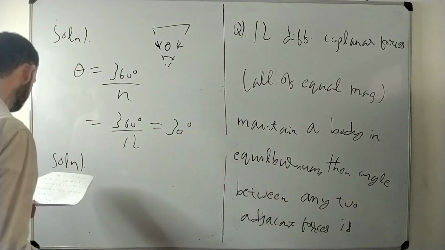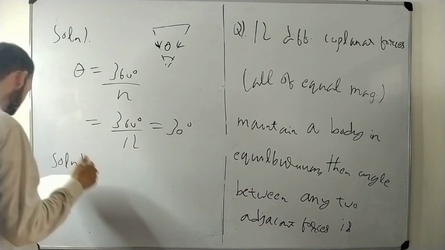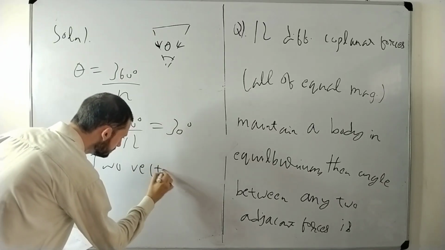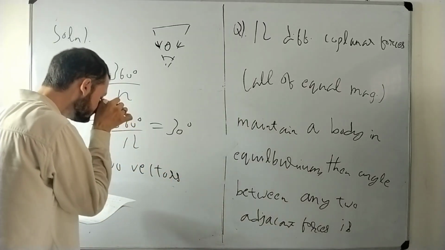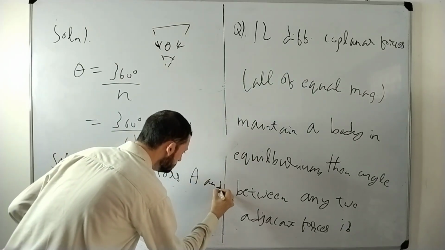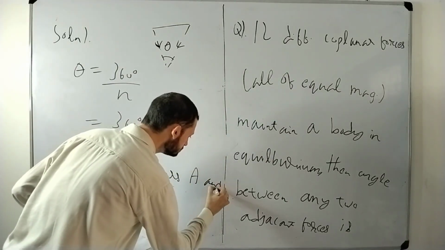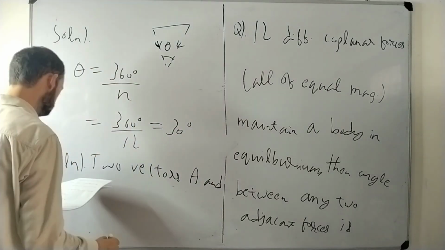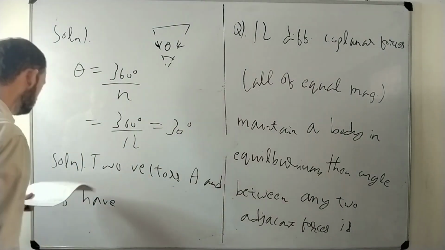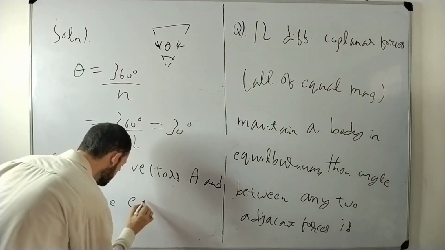Next part: two vectors A and B have equal magnitude,